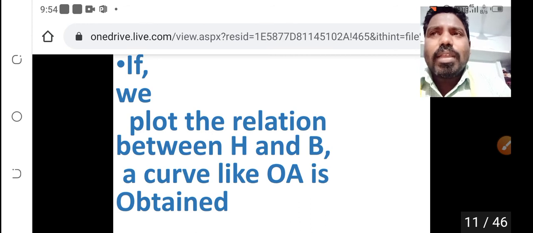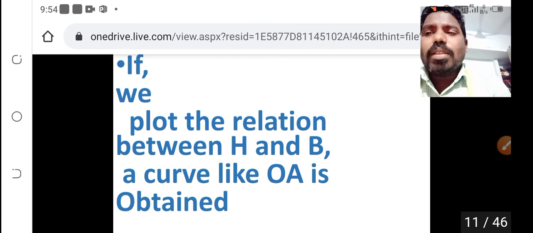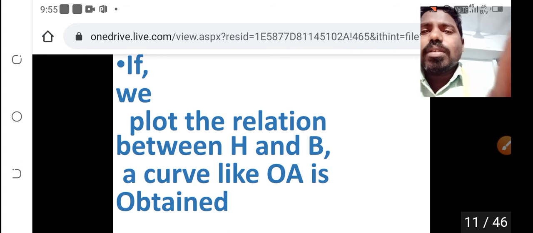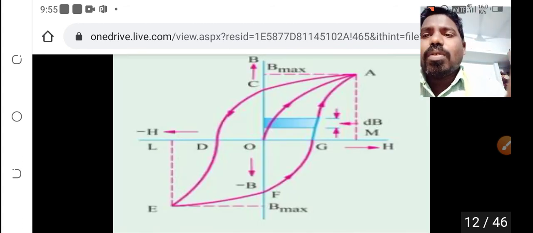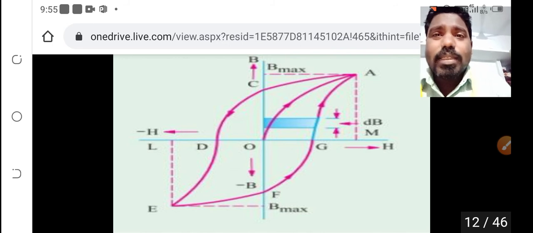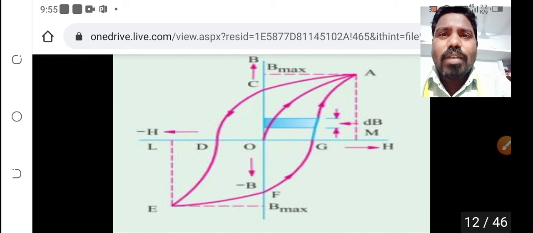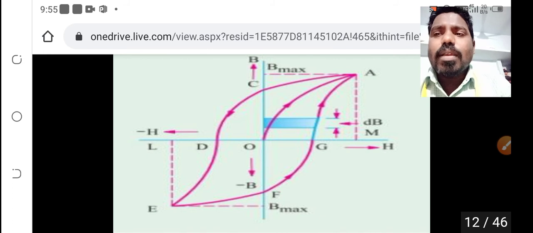According to their increasing or decreasing, if you plot the relation, it indicates many curves in the system. Like that, a curve is formed, and it is considered as OA. Here you can see the figure, the whole systematic process. In the process of magnetization and demagnetization of iron, a lot of curves and structures are formed for the complete cycle of the loop. This is about the activity.